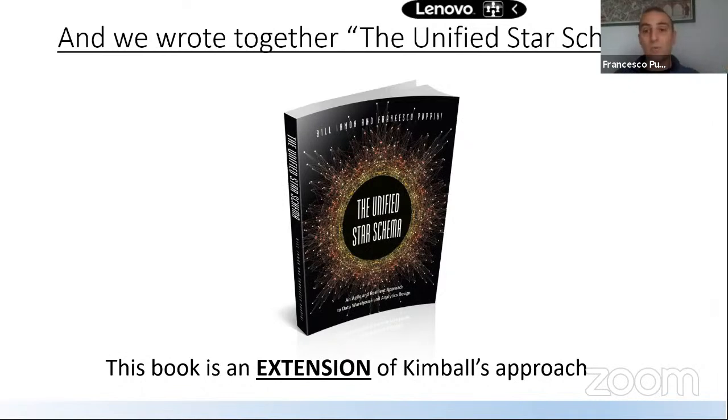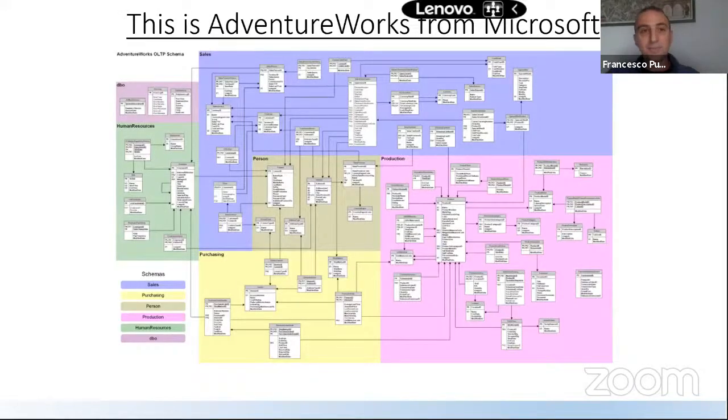And that's so common. With dimensional modeling, that cannot be addressed, because in dimensional modeling the facts are explored through dimensions, but then they are silos. I need something more. I need a discipline where everything is potentially connected with everything. This is what the Unified Star Schema is all about. So, the adventure works that I showed you earlier. You guys said you cannot put it all in one table, and I agree.